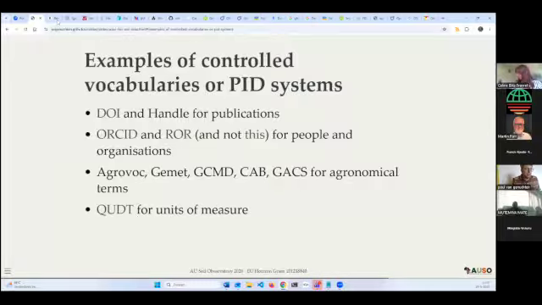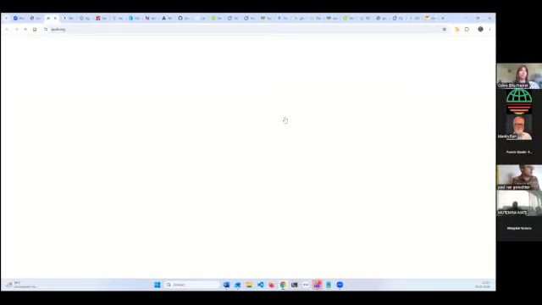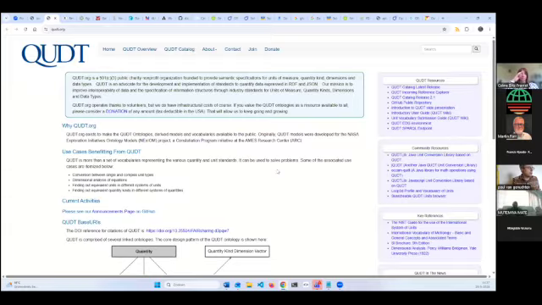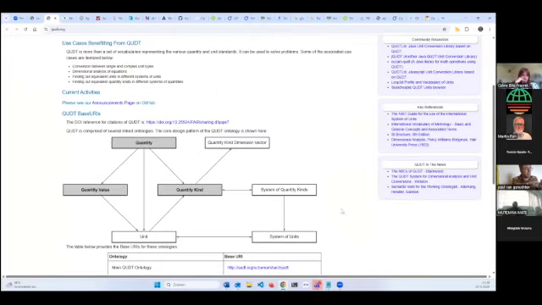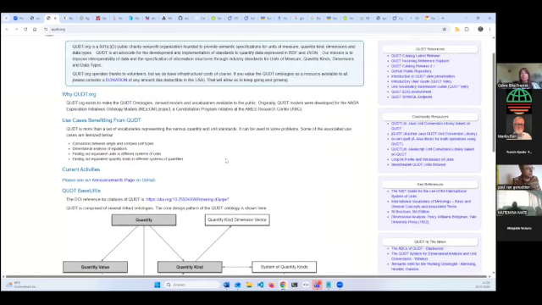And QUDT is actually the one that is used for unit of measure. And it describes things such as units, dimensions, contents. So every seconds per meter, gram per liter, all these things have a unique identifier in this system.